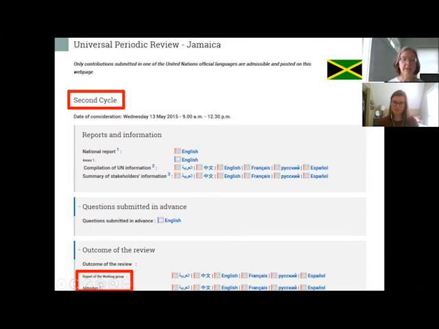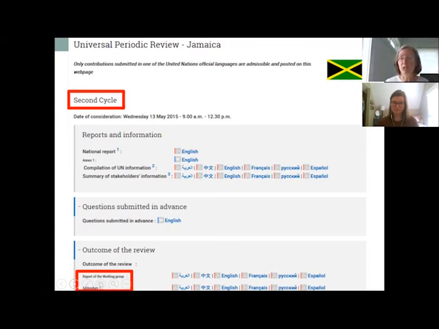So if your country said, we retain the death penalty because the public supports the death penalty, then you might want to think about pressing for a recommendation that calls on the government to educate the public about the death penalty and alternatives to the death penalty and human rights concerns about the death penalty. Or even to ask the government to collaborate with civil society organizations about engaging in a public awareness raising campaign. Because if the government is saying it's relying on public opinion, then the government should want public opinion to be well informed. So that might be a good strategic recommendation to think about if the government's position is the public wants the death penalty, we have to keep it.